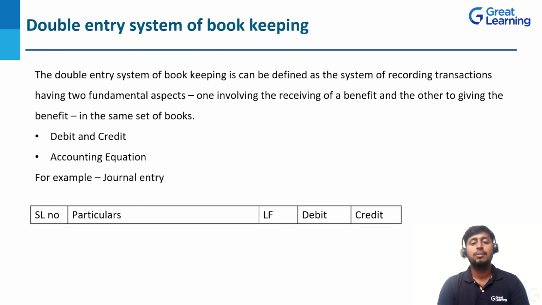One is asset coming and another side asset is going, that is cash is going out of the business. That is the two side effect. Here also, debit and credit are given. So for each transaction in the double entry system of bookkeeping, we are going to record debit and credit, that is two side effect will be there. There is no hard rule, only debit and credit. It may be debit and debit or credit and credit. That is also possible. Or vice versa, credit and debit, debit and credit. Anything is possible.